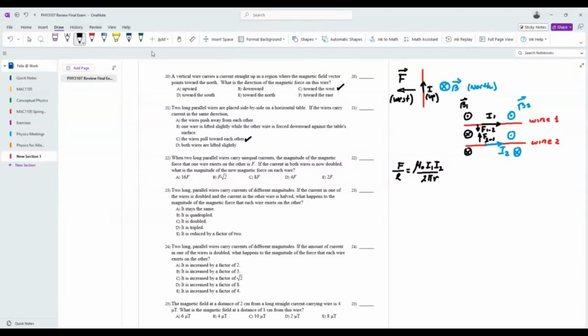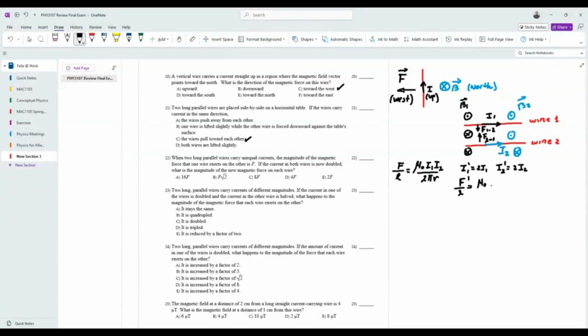So if now we have that I1 prime is 2 times I sub 1, and that I2 prime is 2 times I sub 2, if we want to find the force per unit of length prime